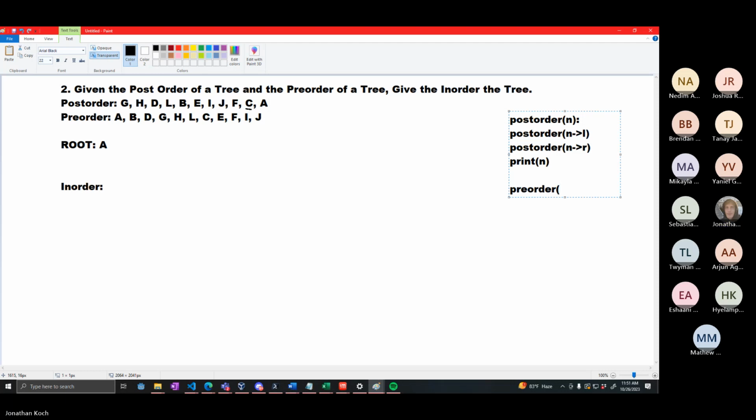Pre-order of n is going to be: print n, pre-order n to the left, pre-order n to the right. Okay, so